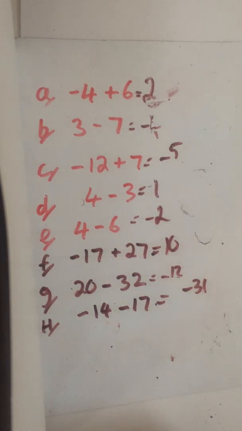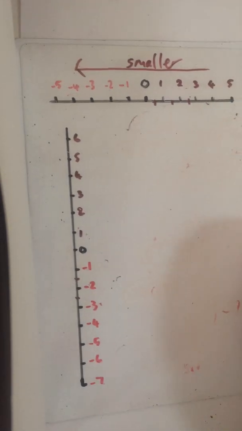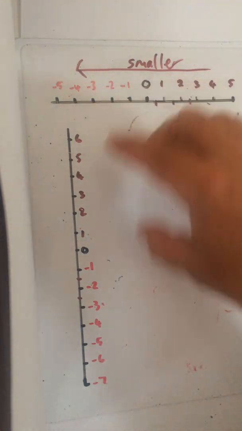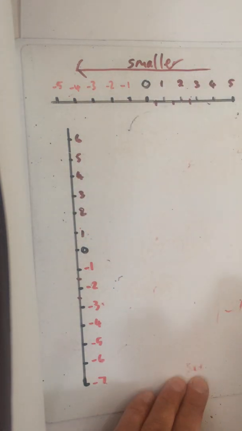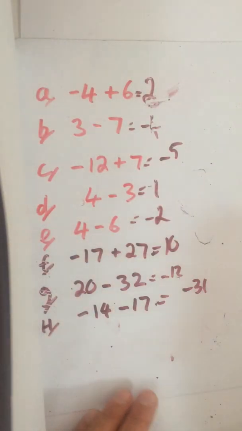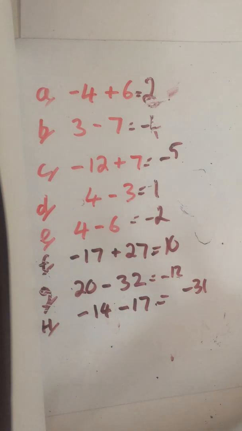Right, hopefully you're right with those. If you're struggling with them, please have another look at the video, and if you're still struggling, please ask. But the key is to use these number lines. If you're really struggling, just use your number lines. As long as you can do those basic ones, I'll be more than happy. If you're doing these harder ones, that's really even better. Now what I'd like us to do,